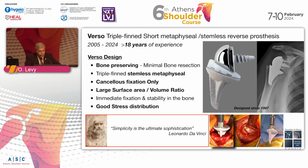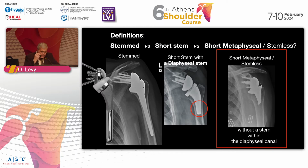And there's a very good stress distribution under the prosthesis. It follows the principles of Leonardo da Vinci. Simplicity is the ultimate sophistication. So to define what we see here: